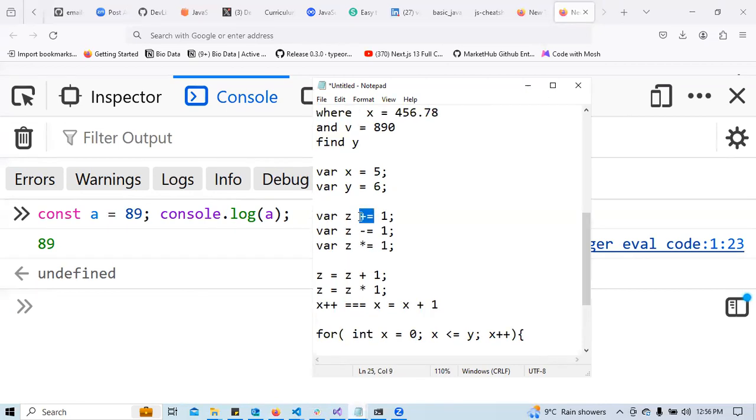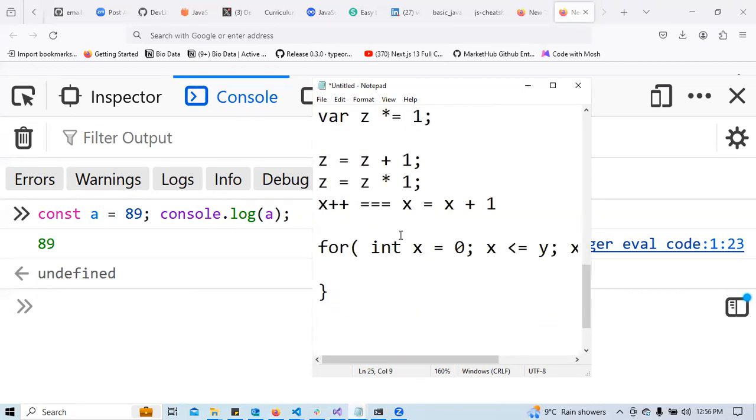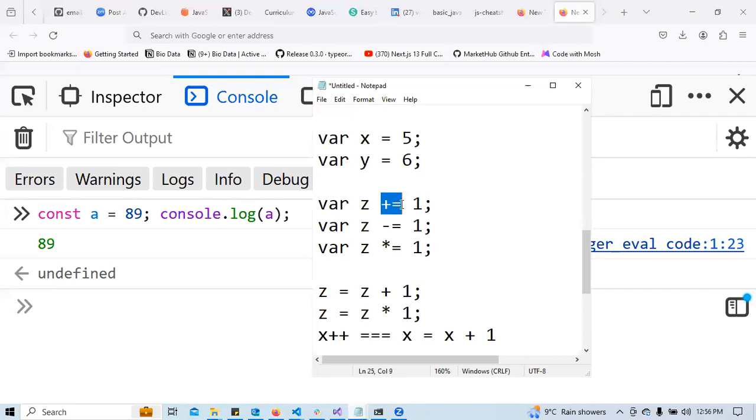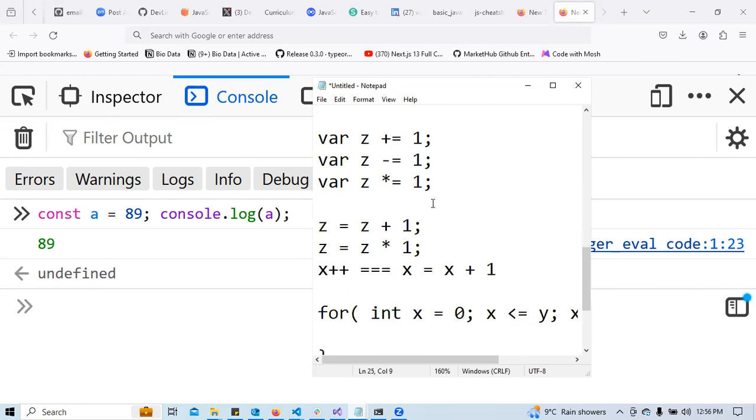Okay, so let's move on to the next one, which is plus equal to: add, then assign. Add, then assign. Okay. And I explained to you what this add, then assign means. I'm using the value